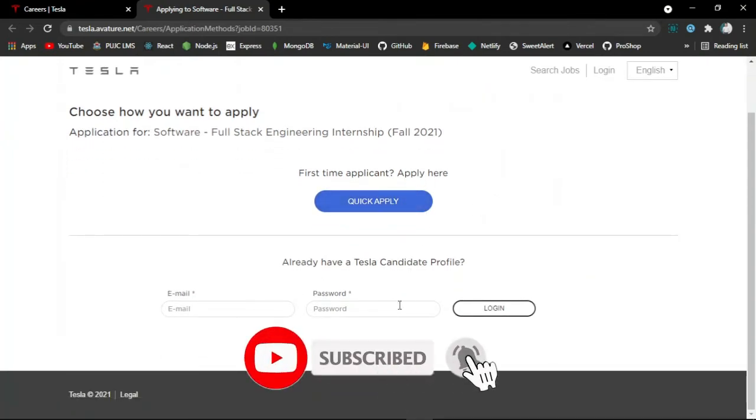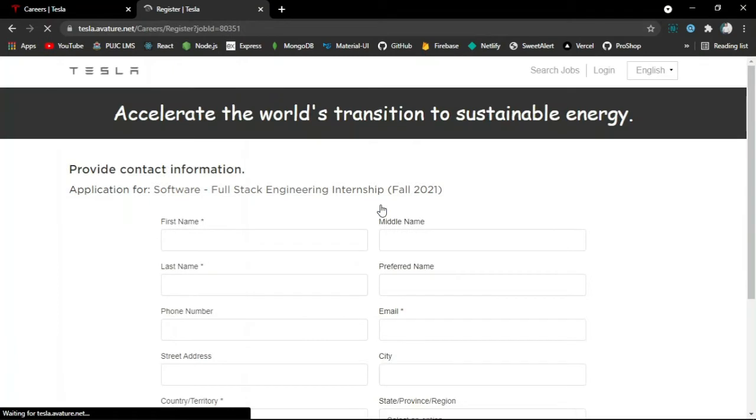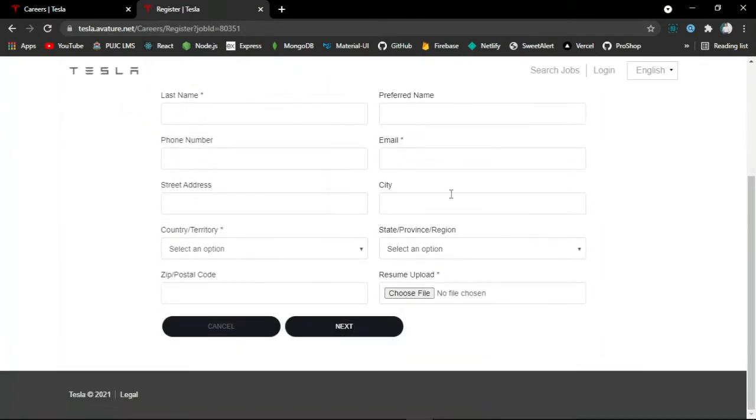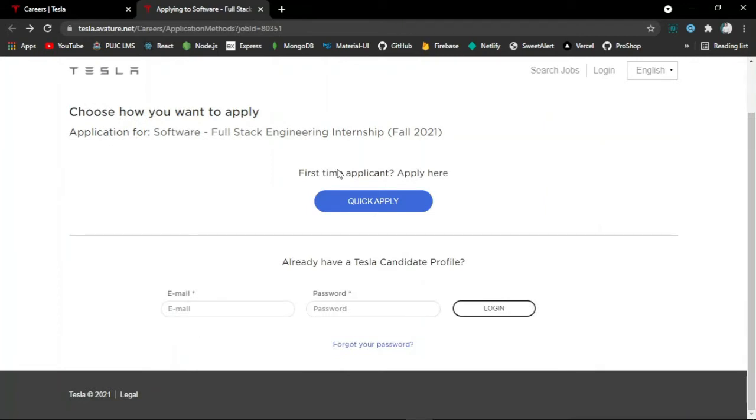And if you are new to this, then you can sign up by clicking on the quick apply button. It will ask you to fill out the form with your own details and upload your resume as well. After filling this form, click on the next button and follow the steps. After that, it will prompt you with a message after applying for any internship, and you will get a response within a few days.